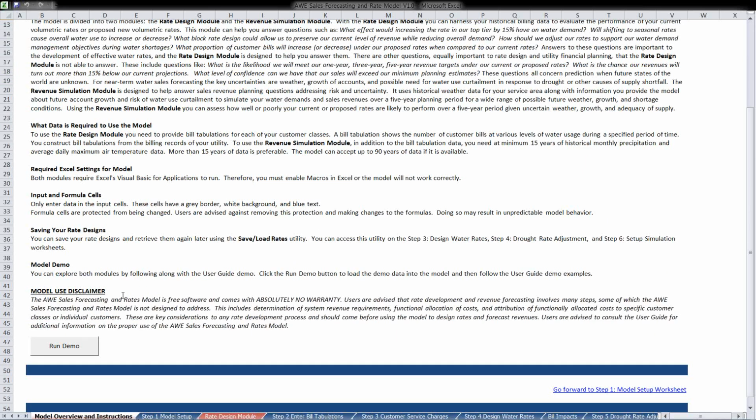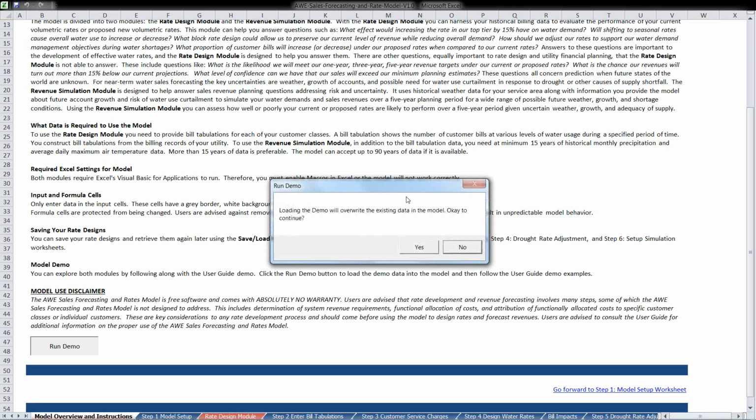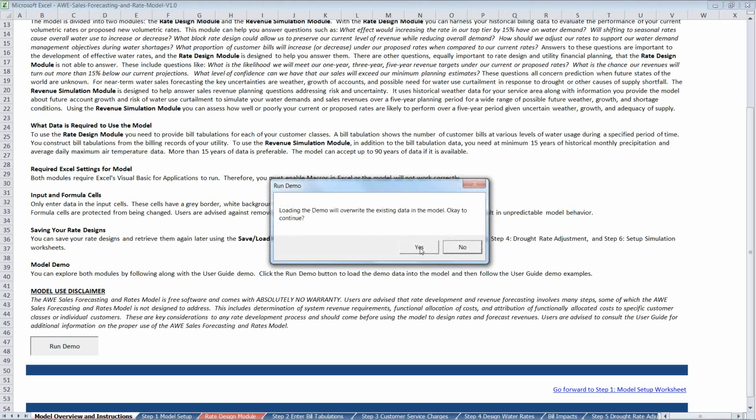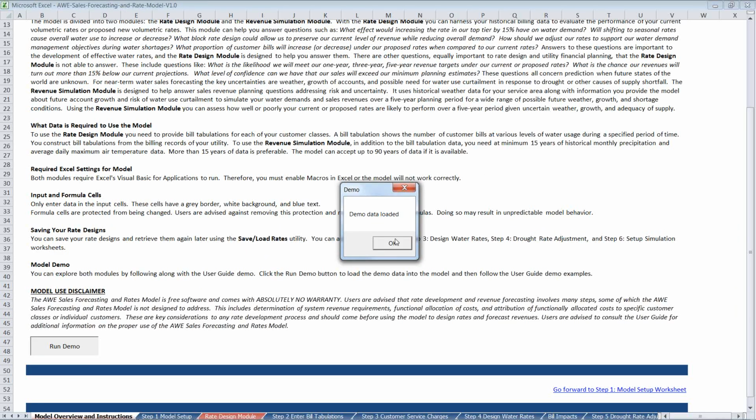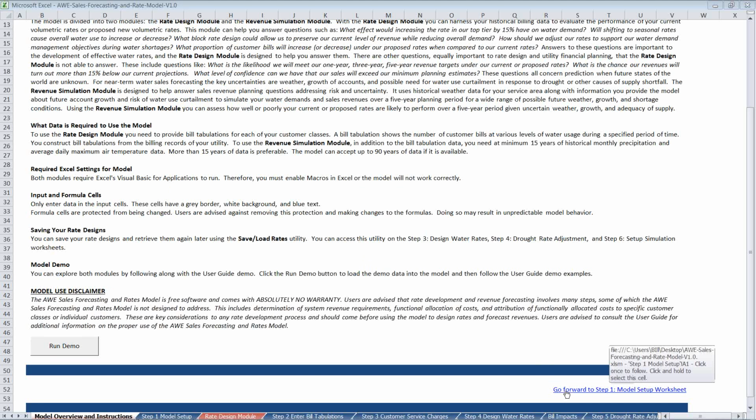So when you download the model and get it on your computer, I recommend running this demonstration so you can see the model populated with data, because a blank model is often hard to approach and understand. So I'm going to click that button, which will load the demo, and it's going to warn me that it's going to overwrite everything, and I'm okay with that because we want to see this demonstration. And I'll click OK, and you may see this link at the bottom of the page, and you'll see that throughout the model, there are links you can use to navigate from sheet to sheet, or if you're familiar with Excel, you can just use the navigation from sheet to sheet down below.